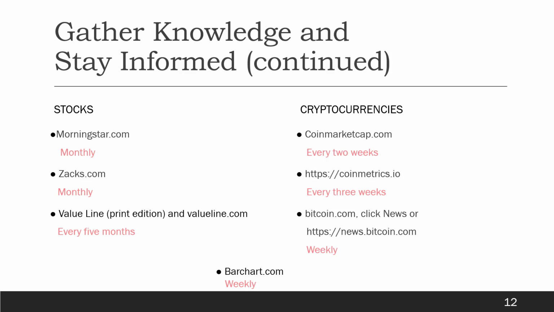Do this monthly. In addition, or alternatively, go to Zacks.com. At the top right of the screen, in the quote or search field, type, for example, the ticker symbol NVDA and press enter to bring up data and news for NVIDIA. Do this monthly. In addition, or alternatively, go to a library and ask for the monthly Value Line Research Report